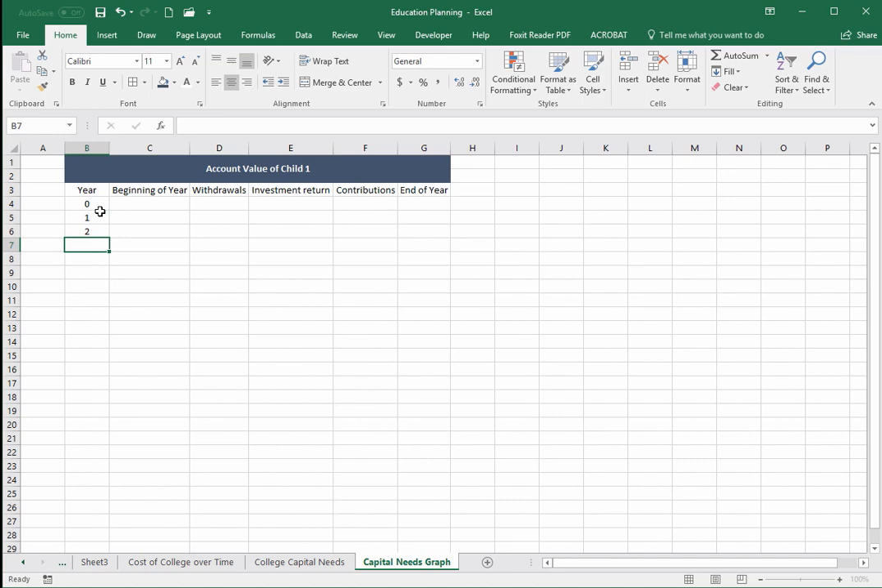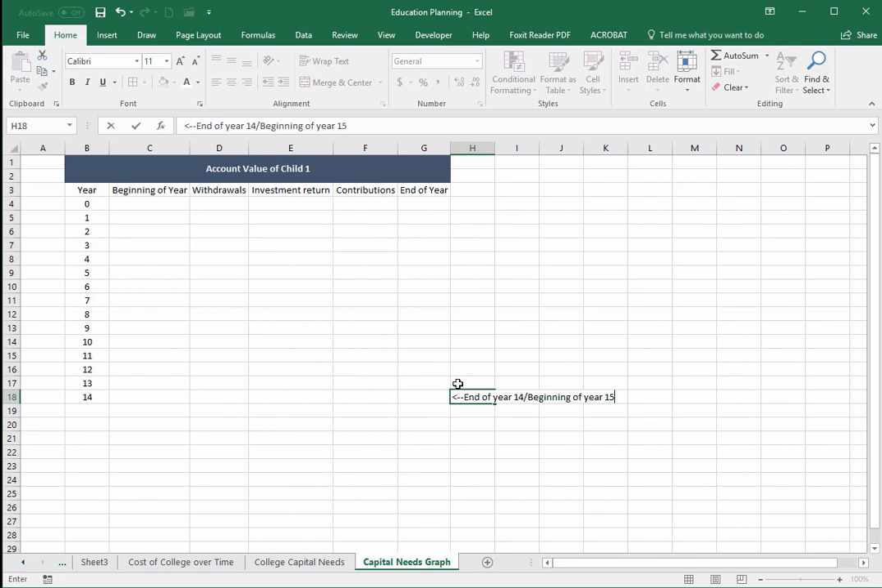So this will be 1, 2, so on and so forth, and I can select these and drag it all the way down to 14. Now the reason why I want to do 14 is because this represents the end of year 14. The 15th year is when they will actually begin college. So this here should be end of year 14, beginning of year 15, which should be the year that they